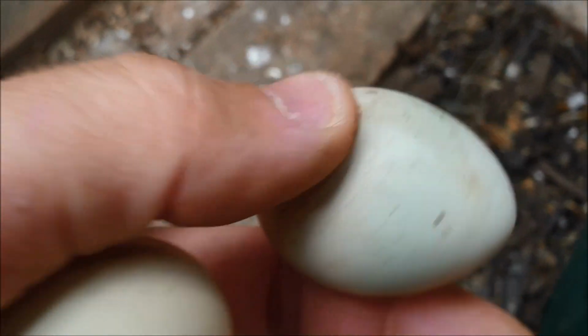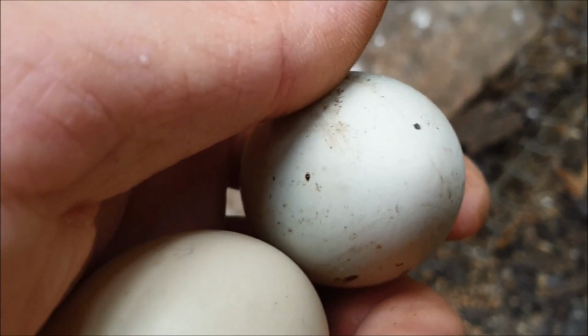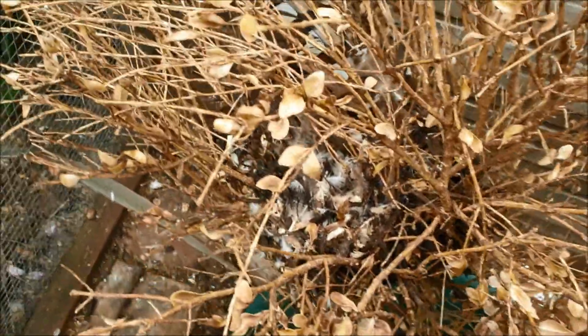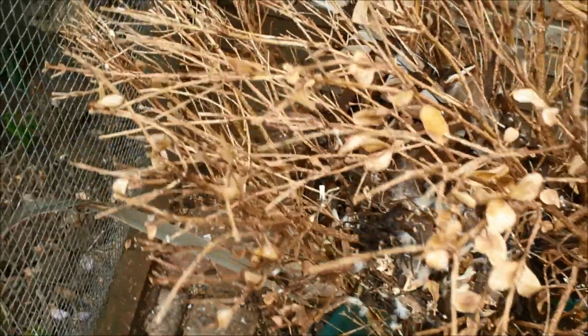So we've got a couple of eggs, we've got some more inside as well, so we're going to go and put those on. While we're here, I'm also going to show you this dead box tree. I went to take it away a few weeks ago and there was a nest, and you might have seen it in previous episodes. But if you look inside now,